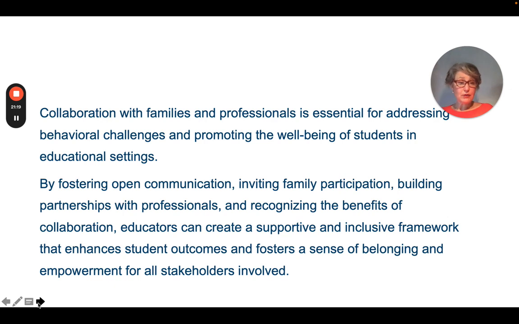Collaboration with families and professionals is essential for addressing behavioral challenges and promoting the well-being of students in educational settings. By fostering open communication, inviting family participation, building partnerships with professionals, and recognizing the benefits of collaboration, educators can really create a